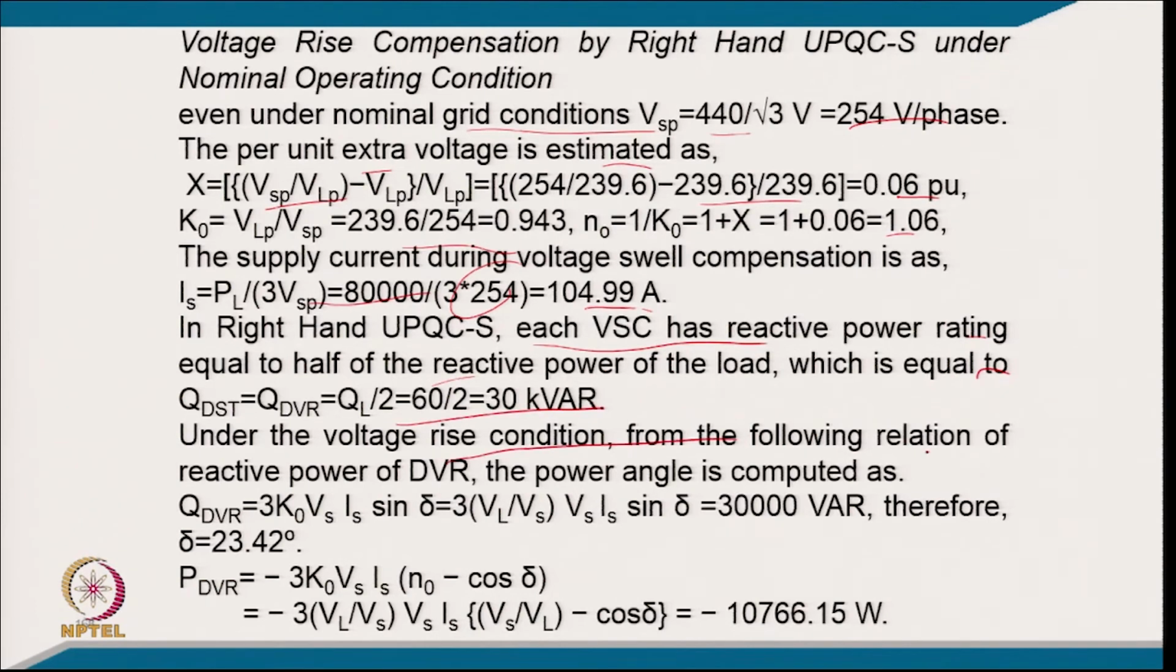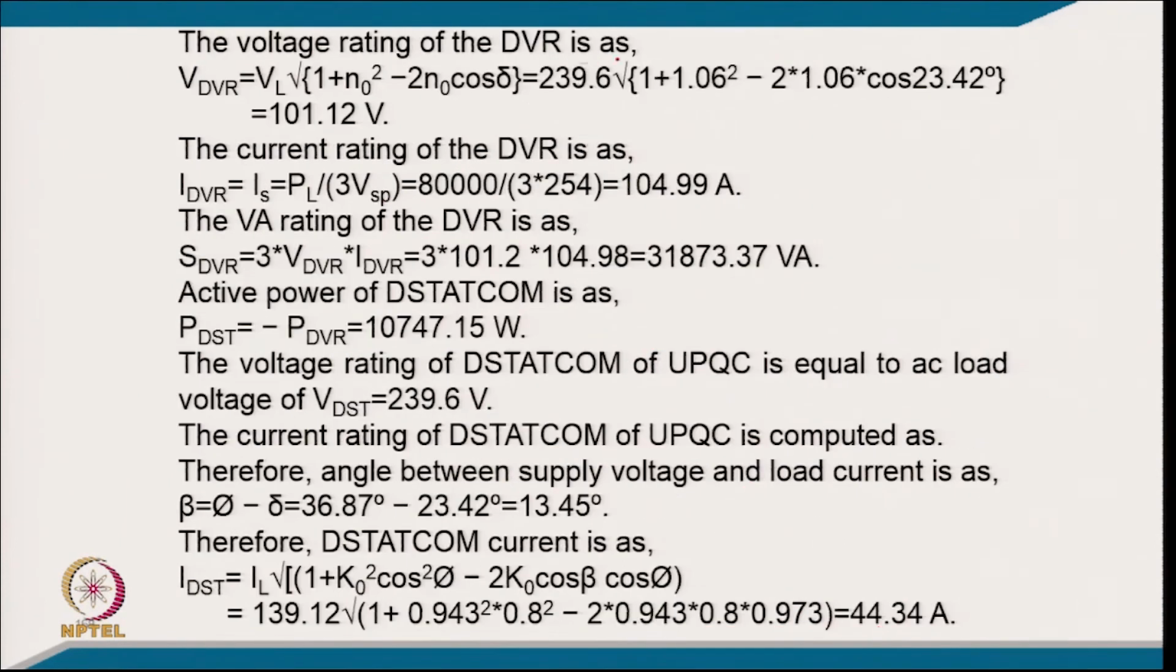So, under normal voltage rise condition, from the following relation we can find out the Q DVR. So, from this we can calculate delta equal to 23.43 and P DVR. From this relation we get 107.66, 110.77 kilowatt. So, the voltage rating of the DVR from this relation we can calculate. So, it comes to 101.12, and the current rating of the DVR from this relation, from power and voltage, we can calculate as 104.99, and the VA rating of the DVR comes from voltage and current. So, it comes to 31.87 kVA, and the active power of the D-STATCOM is virtually the same as the active power of the DVR, that is